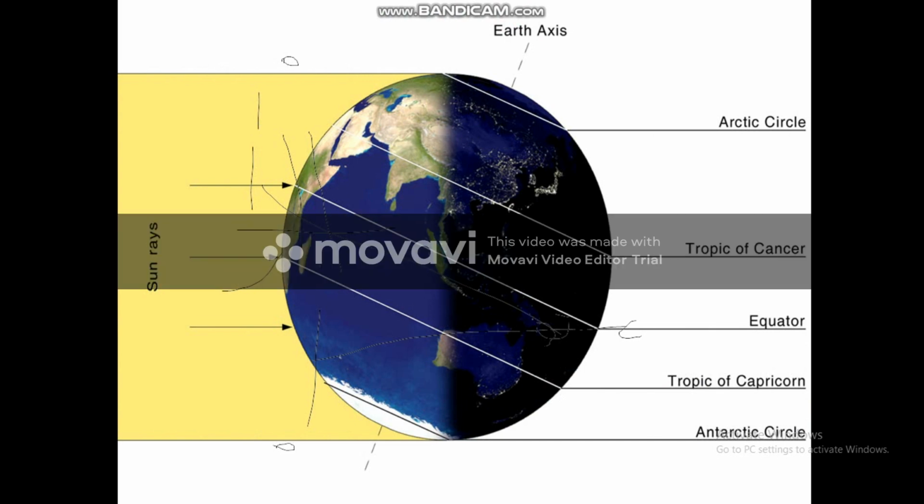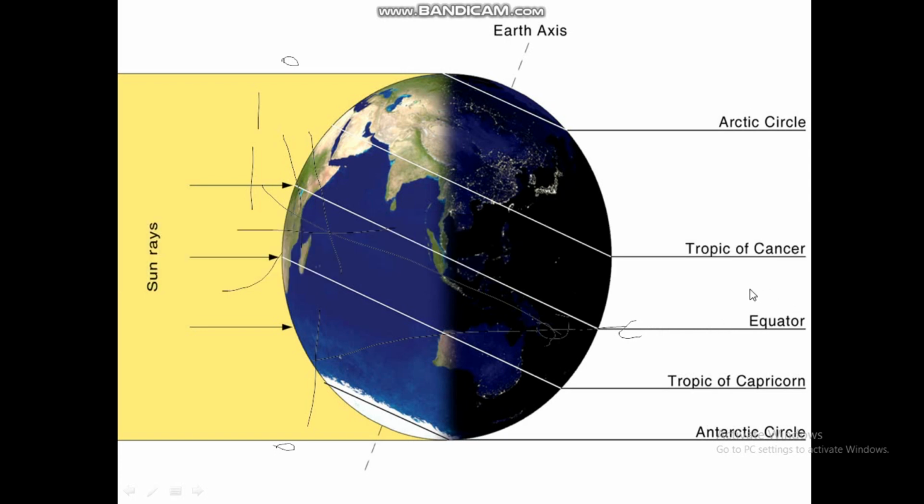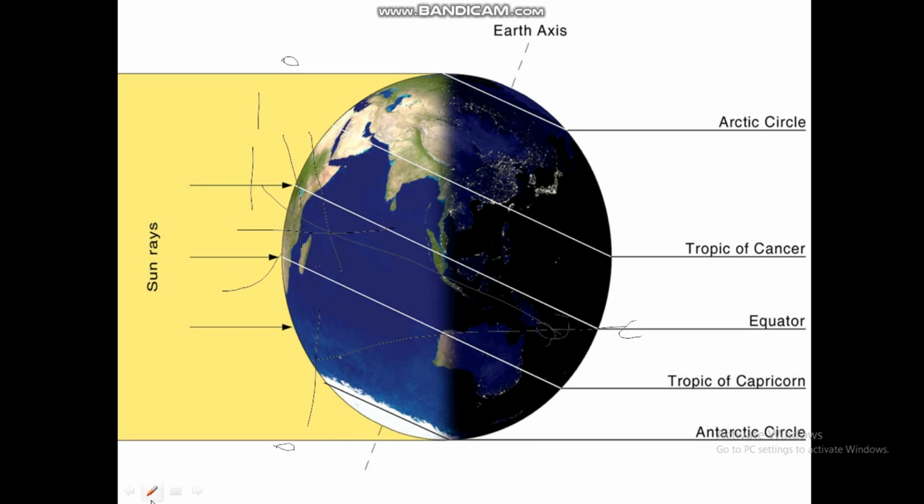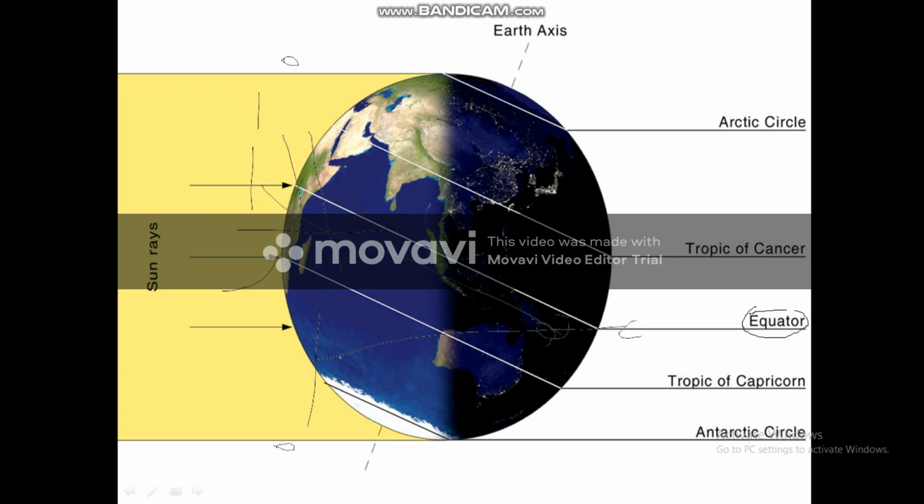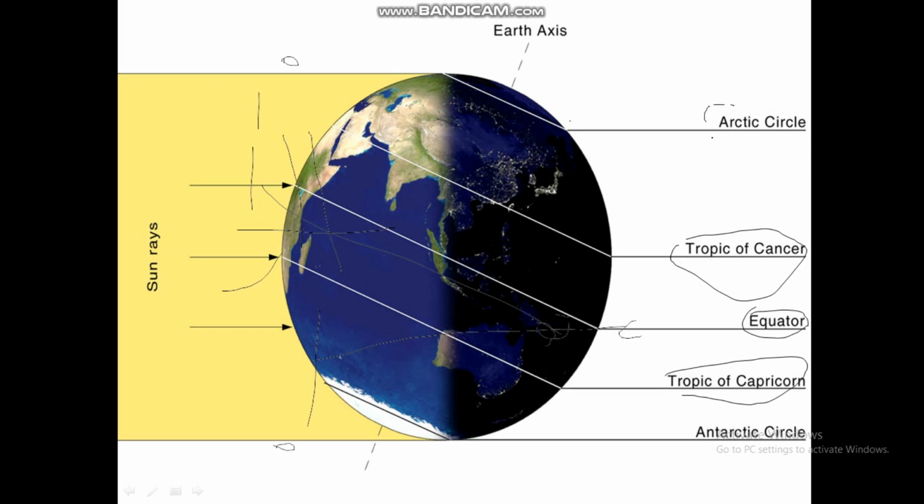So these are the main important latitude lines. As you can see, both the corners are the North Pole and South Pole. Then the middle line is the equator line. You can see this particular line is the equator line, that is falling in the center. Then two tropic lines: in the north it is the Tropic of Cancer, in the south it is the Tropic of Capricorn. Then two circles of the pole, that is the Arctic Circle in the north and the Antarctic Circle in the south.